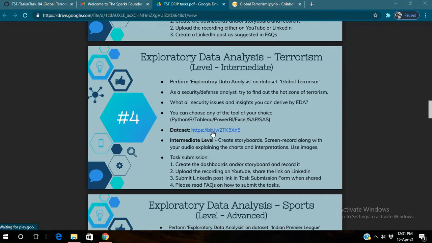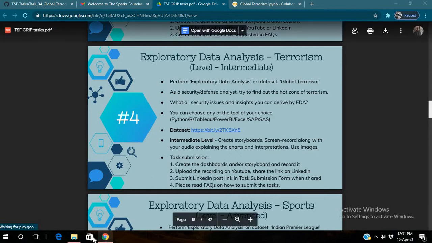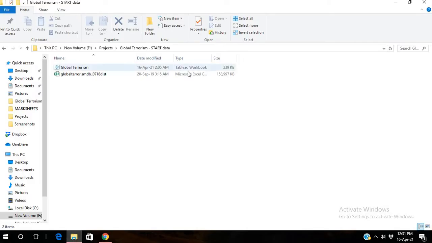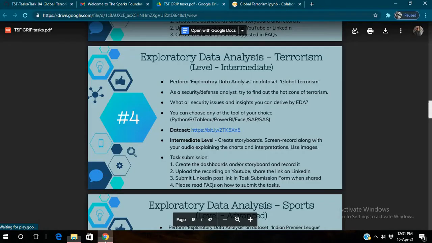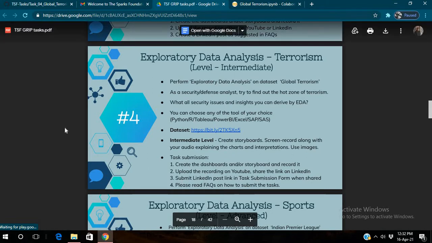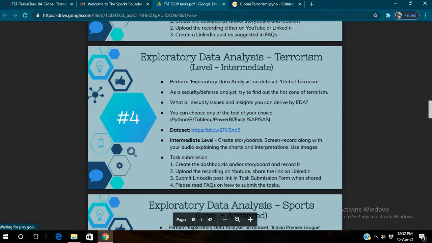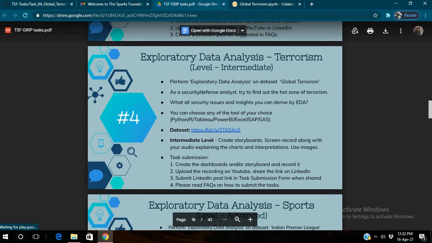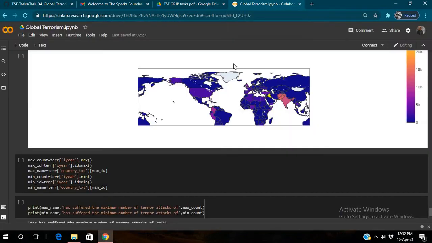First you need to download the data. After you download the data, you will get a file of something like 155 MB, right? After downloading the data, you simply go ahead with Python or Tableau. Today I'm going to use Python for this project, but I'll share the Tableau dashboard in the next video. Okay, let's do some coding.